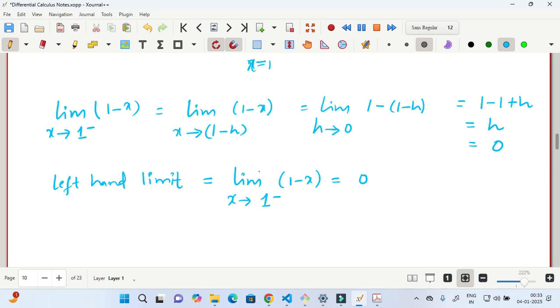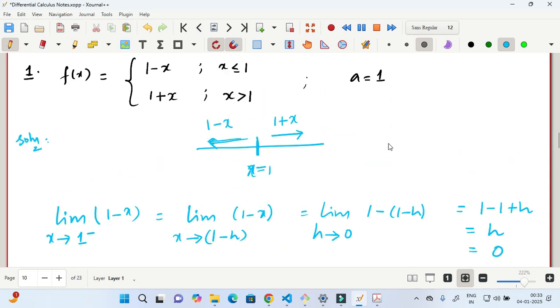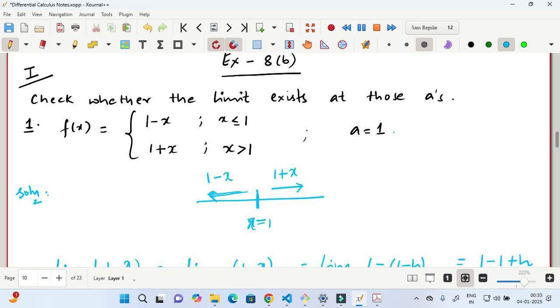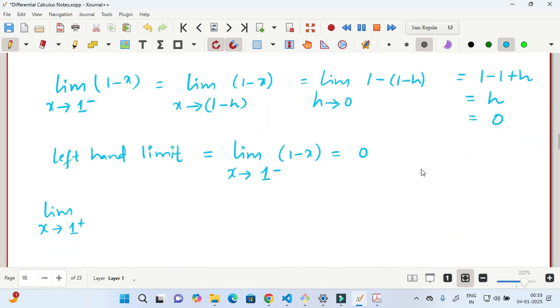Now the right hand limit, x tends to 1 plus. Here, 1 plus means we have to select this one. 1 minus means this one because it is less than 1, where the function is 1 minus x. If it is greater than 1, we have to select 1 plus x. So the function is 1 plus x, and the limit of x tends to 1 plus h of 1 plus x